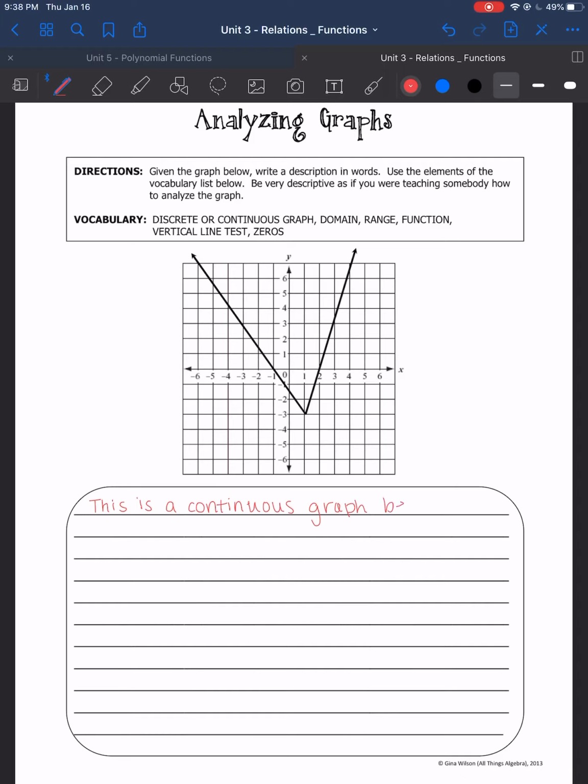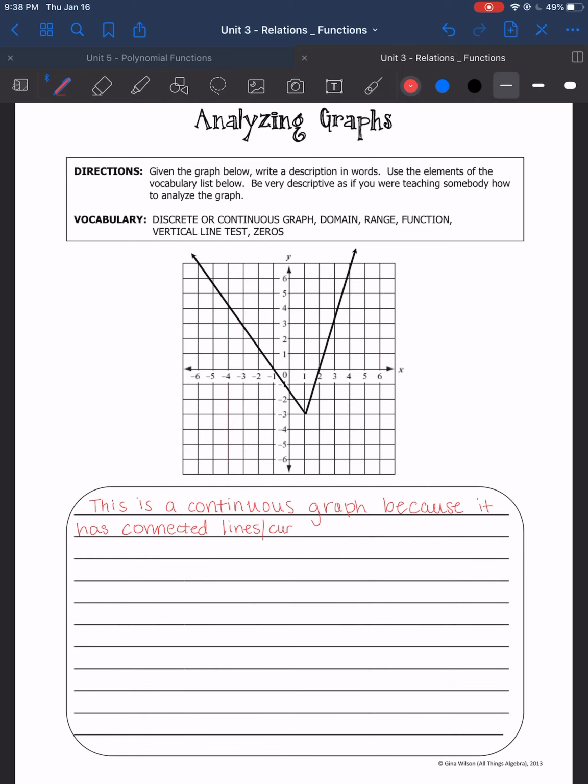Because you have to state why it's a continuous graph: because it has connected lines